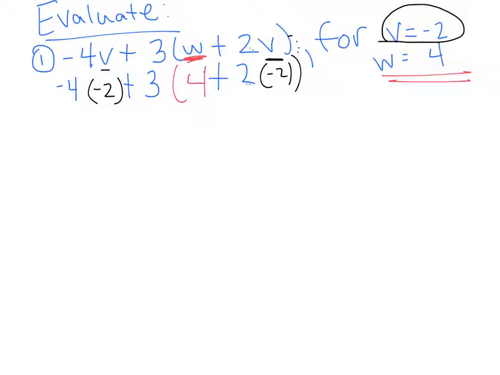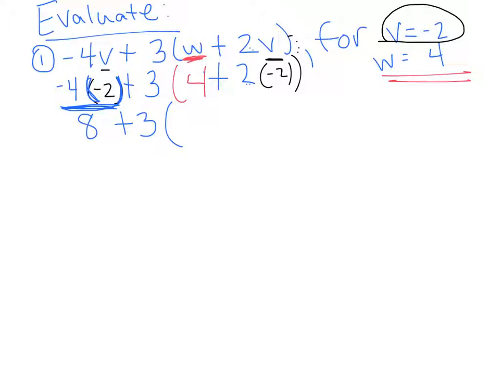All we have to do is simplify now using our order of operations. So using my order of operations, I know today in class a lot of us got a little bit confused by situations like this. You see that there's a parentheses there and you don't know what to do. There's nothing to simplify in the parentheses. It's already a negative 2. It's already done for us. So we can multiply this together because it's not really attached to anything else. So negative 4 times negative 2 is a positive 8. Bring down your plus 3